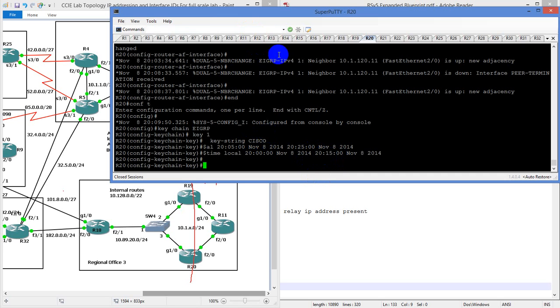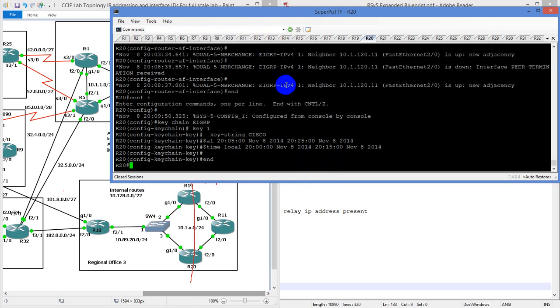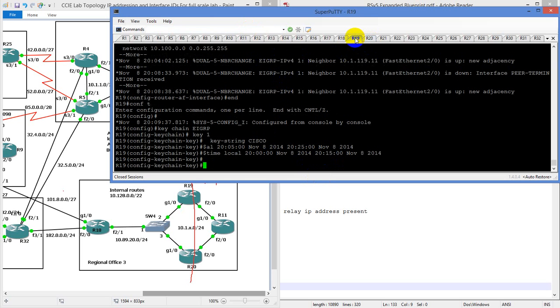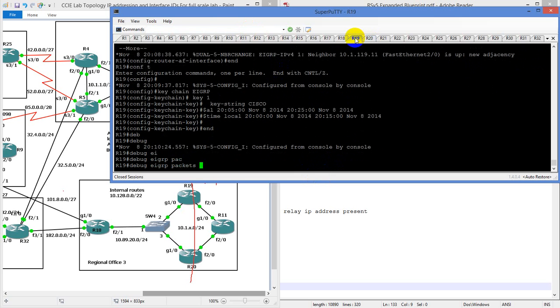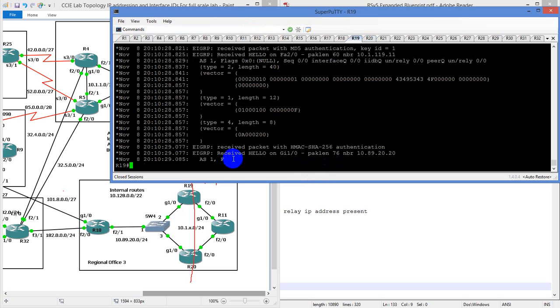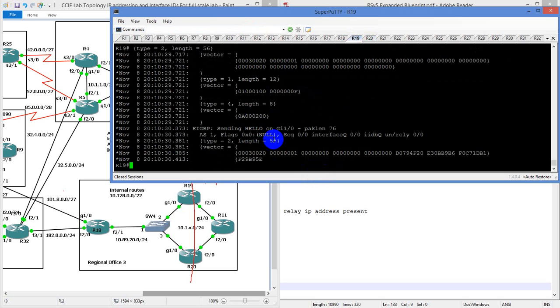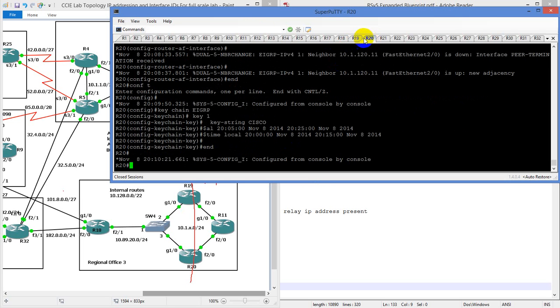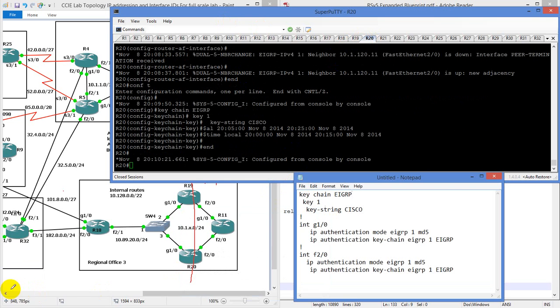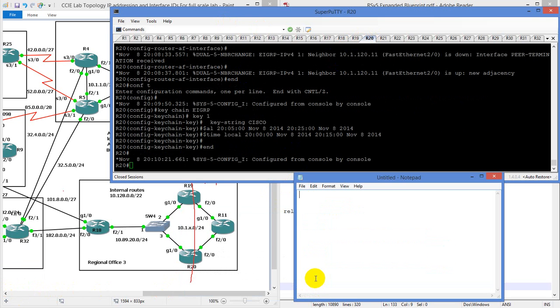So what I'm going to do here is go on 19 and type in debug EIGRP packet. That's going to give us all these ones that are over here. So we're going to see send and all that. Then we're going to go to 20, and I can't speed the clock up. What I can do is, on our notepad document, do a clock set,